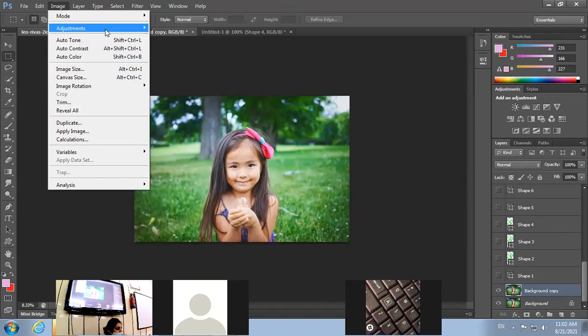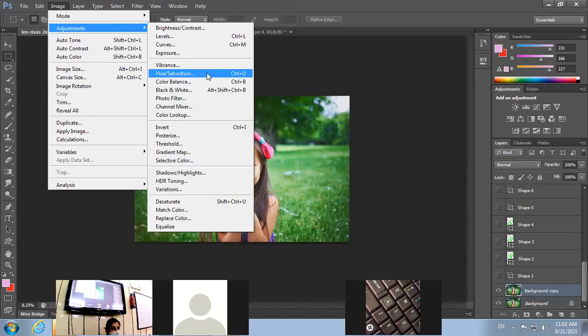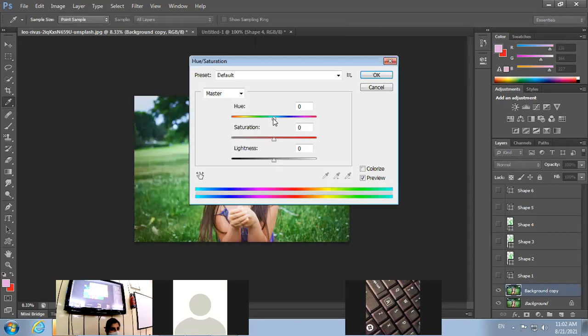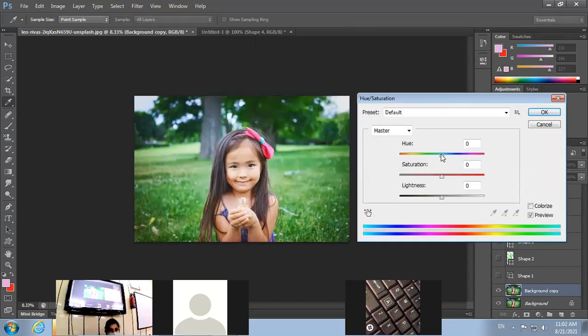Second thing, from the image menu under the adjustments, you can set the hue and saturation of the image. So when you click on this, here is a hue button that is used to change the colors in the image. So see, this is the original image, right? By dragging it, I can change the color of my image. We did this in color replace as well, same method is here. Okay, so hue is used to change the color of an image.